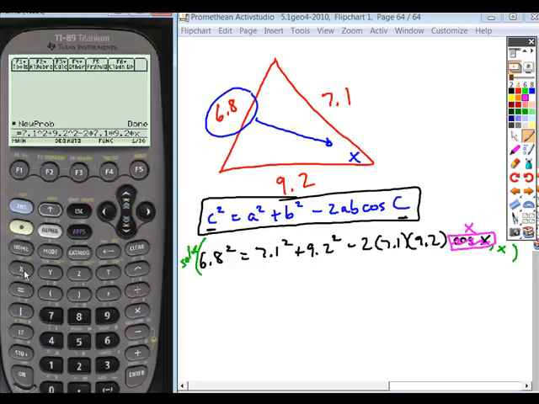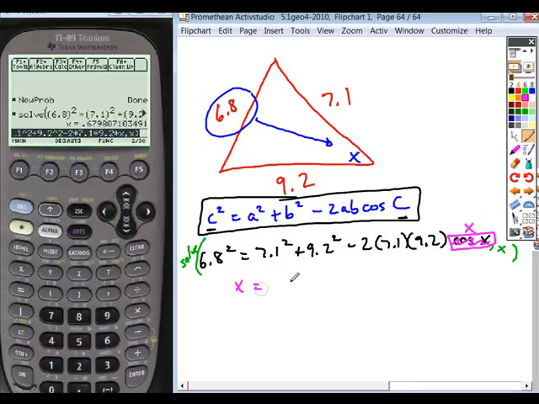And again, not cosine of x, just times x. Identify using a comma what variable you want to solve for. So we'll put comma x to tell us we want the calculator to compute the solution for that variable. Close it off with a parenthesis, and now we can look to see I've entered numbers with decimals, so my answer will be in decimal form. If it wasn't, then I might need to hit the green diamond button to get the decimal form for my answers. But when I hit enter, I get that x is equal to